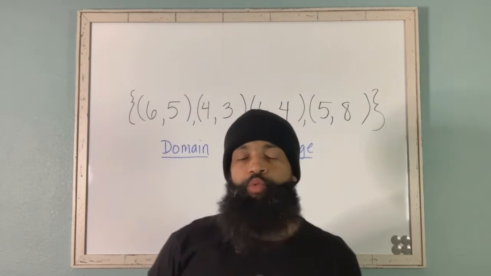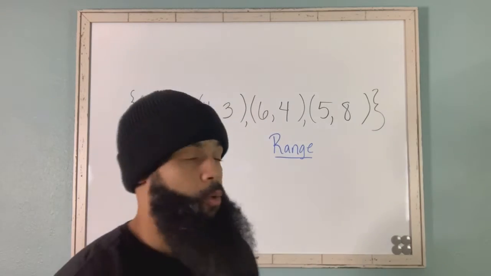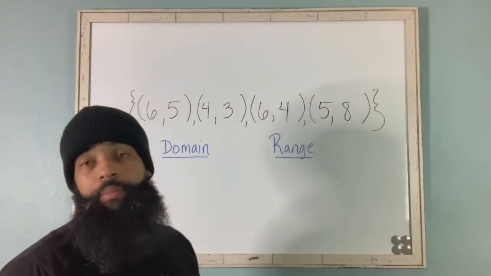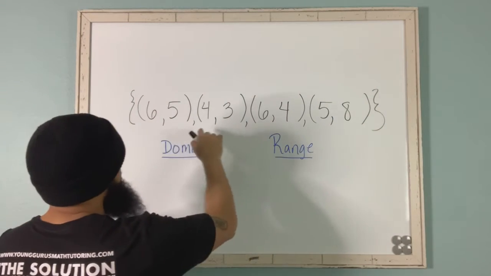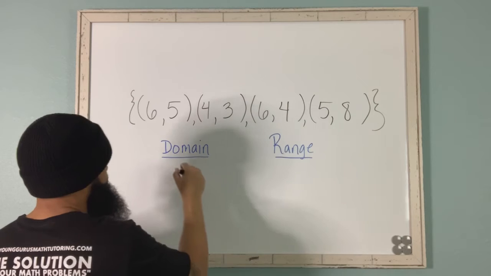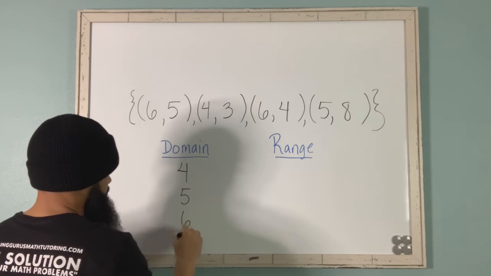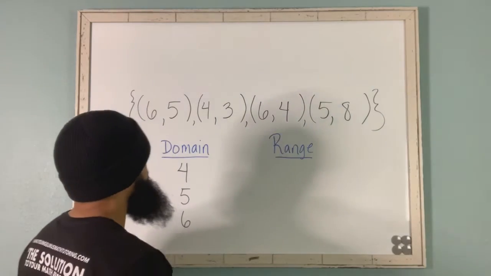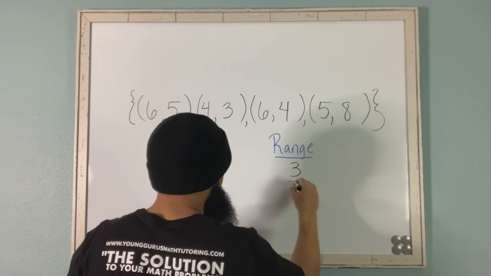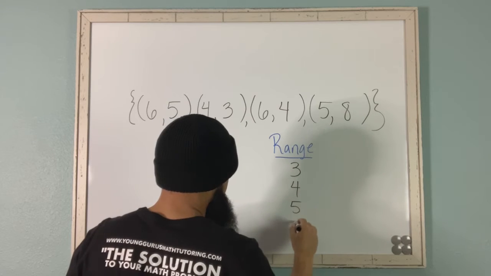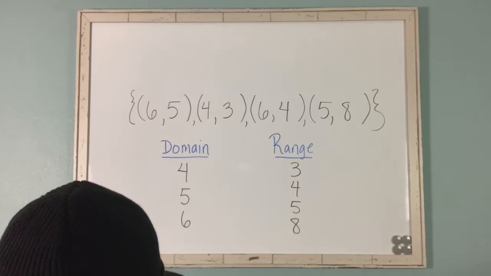In this second example, we're going to do the same thing. The only difference is we have a different set of ordered pairs. In order to draw the mapping diagram, I'm going to take the x coordinates again. So I have 6, 4, 6, and 5. So let's do 4, 5, and 6. I just like to put them in numerical order. And then I have 5, 3, 4, and 8. So 3, 4, 5, and 8, right? So now, for the domain,